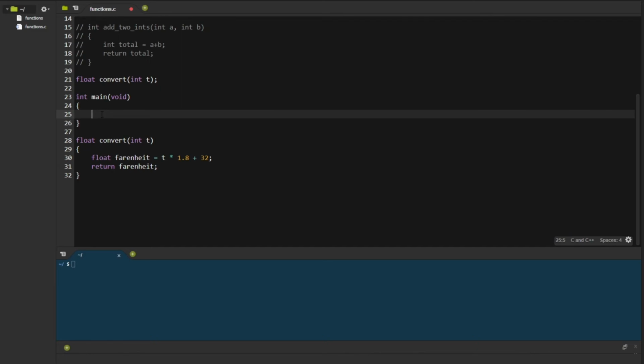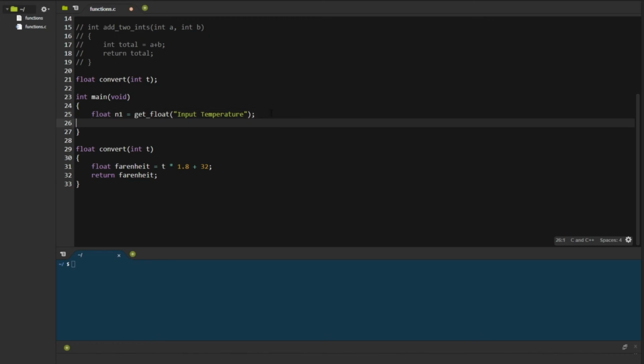So let's just name it, for example, float n1 equals get float, and we want to input temperature. Let's copy paste this over here. I made a mistake. Okay, yes. Now we have our input, which is n1, let's say, and what we want to do is put our